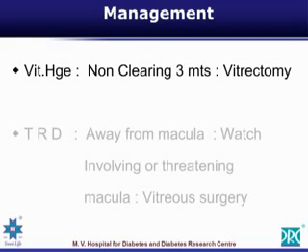If the vitreous hemorrhage does not clear in 3 months, we will have to think about a procedure known as vitrectomy, where the vitreous gel along with the hemorrhage is removed by means of a most advanced machine known as a vitrector, and the whole hemorrhage is cleared. Laser photocoagulation is done during the surgery itself, and we are able to get back the lost vision.